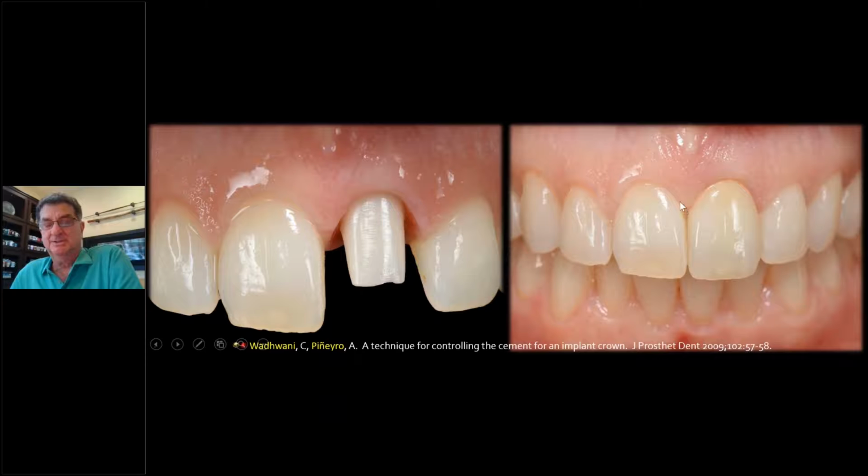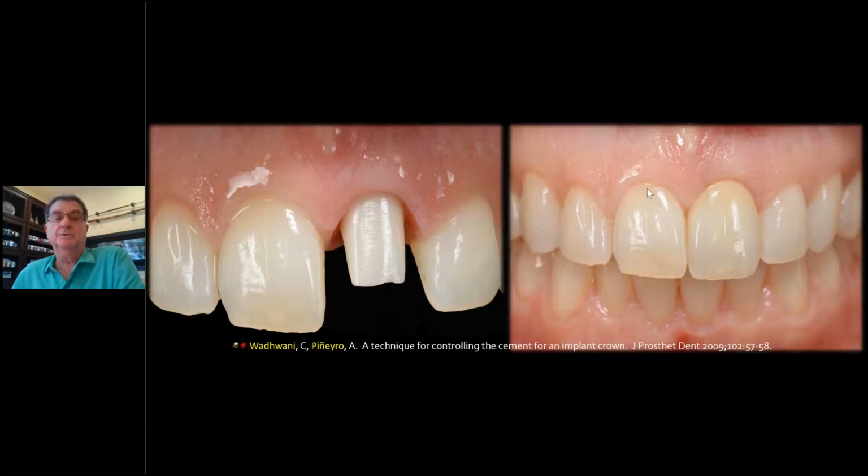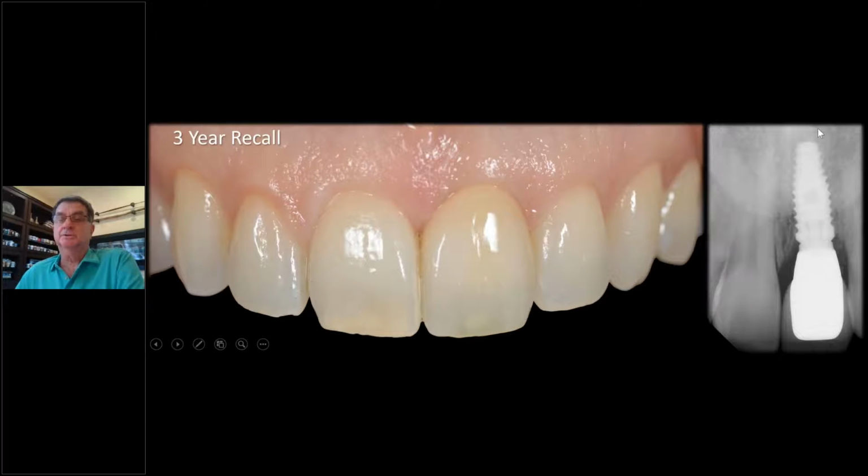As you see, this is thin scallop tissue. And I think you agree that we have a very nice result, and that's what we see. And here it is 3 years later. So we don't see, and there's the bone, 3 years. And so this is what we tend to see, even on these thin cases. So thin scallop doesn't bother me at all. As long as the buccal plate's present, we're gung-ho with this, and we don't disturb it. We don't disturb the tissue this way, no flaps, and minimally invasive. One surgery, one time. So that's what we tend to do.